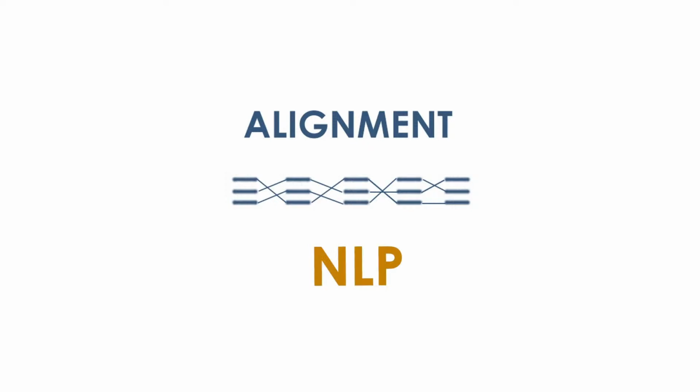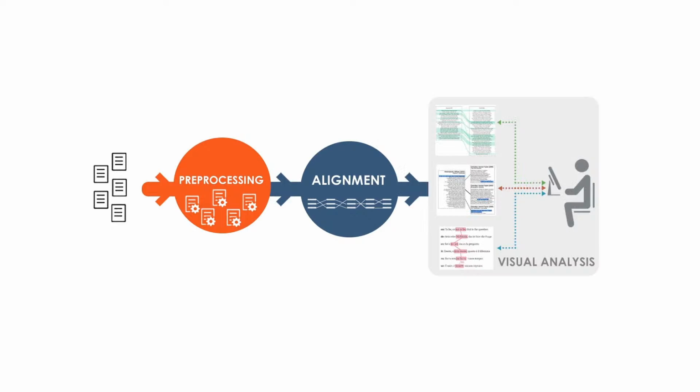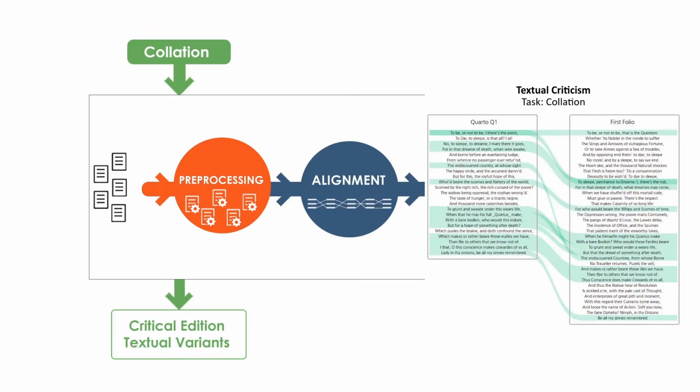Text alignment is a fundamental technique in many text-related domains. In this survey, we cover 3 text alignment scenarios: collation task, text reuse detect